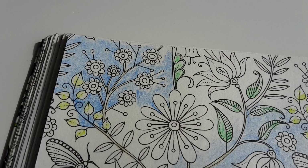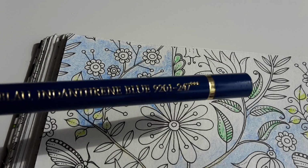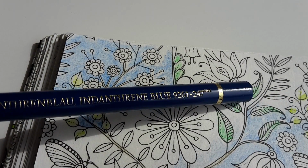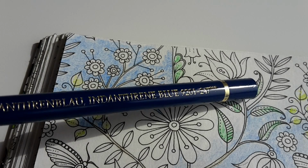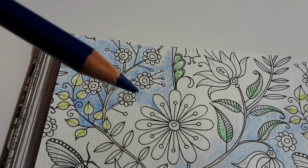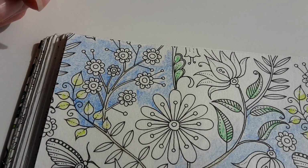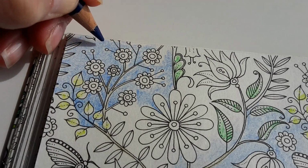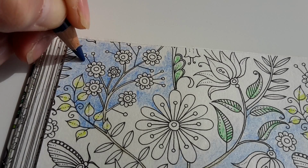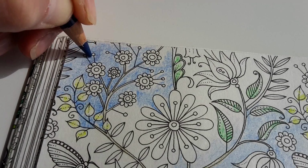And I will use now a darker blue, Indanthrene blue or something like that. I still don't know how to pronounce it. Again, this tip is not freshly sharpened, but I really don't need that. Look what happens if I just add a little bit of